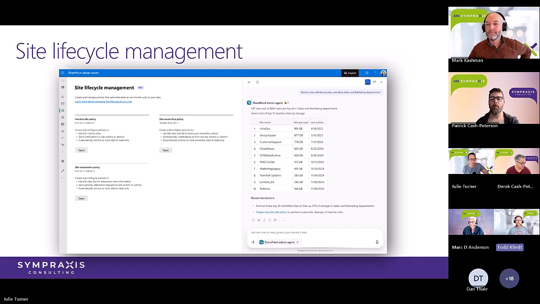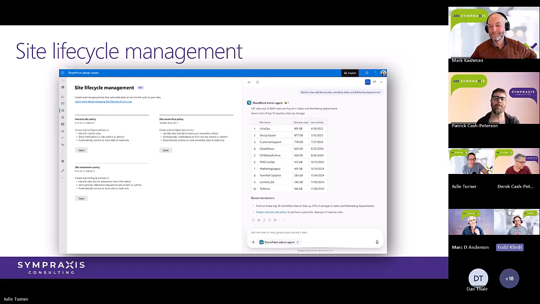This is probably my least favorite, not only because I have a hell of a time saying the word attestation, but also I hate how it's becoming more and more prevalent in our job. But it's one where it just pesters the site owner or the site admin and says, do you still care about this? Do you still care about this? How about now? How about now?